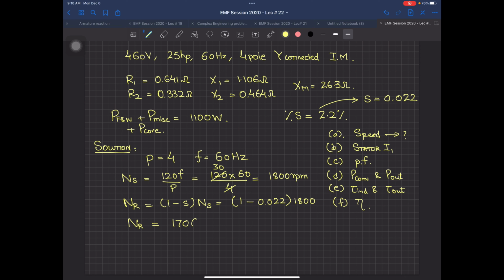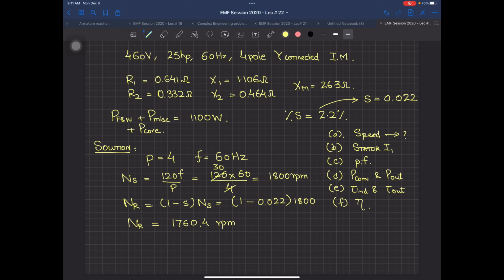1700? 1760? 1760. So this is 1760 RPM. If there are some points, don't miss that point, I mean 1760 has a decimal point also. Don't miss this, please, in these calculations, because this small 0.4 will spoil your end value. So this is very very important.